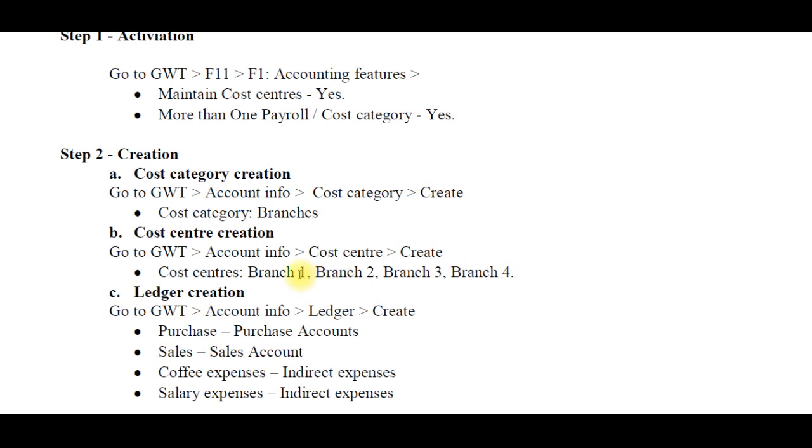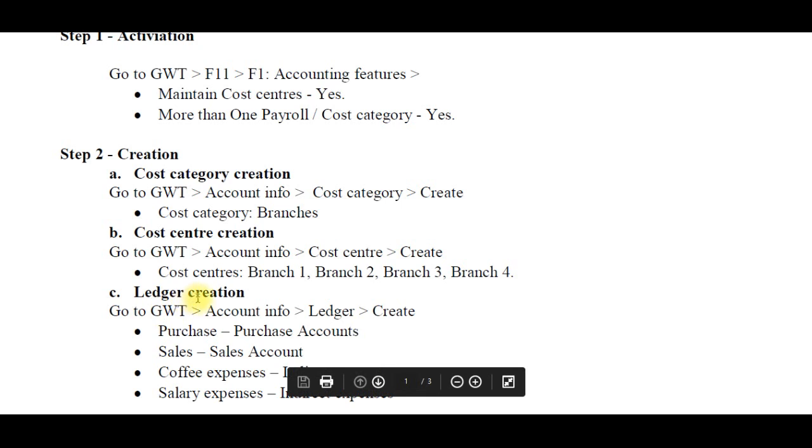Every cost center gets only one cost category. So many cost centers we create, but we maintain the cost center grouping under one type of category only. So easily you understand how to maintain your organization's cost center and cost category.